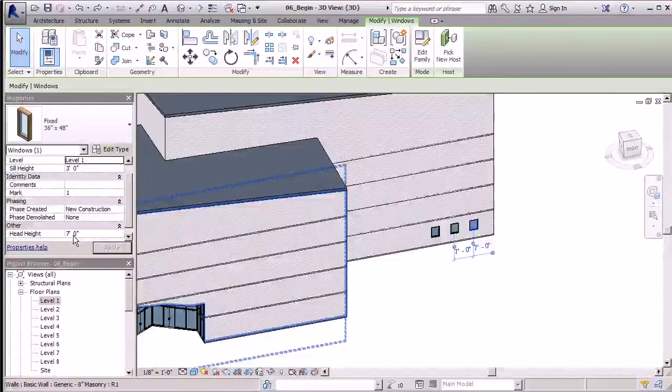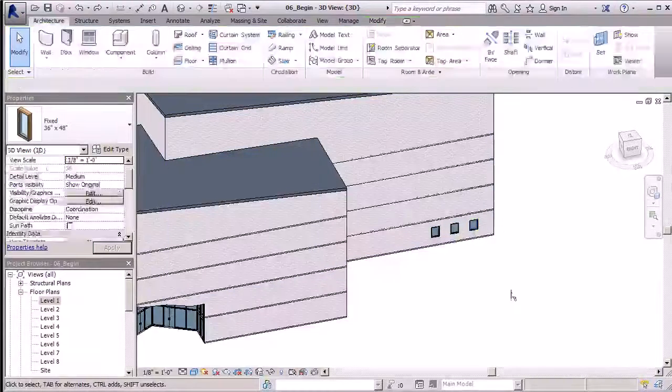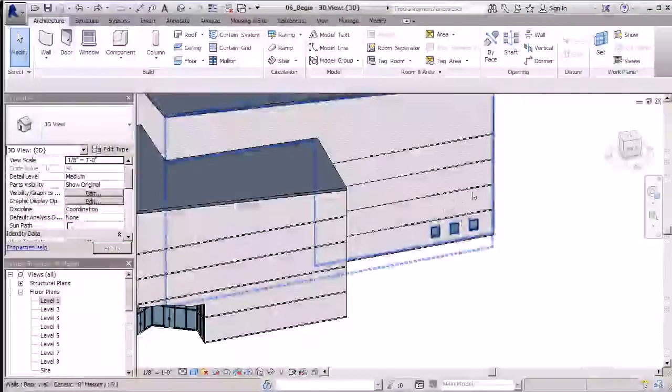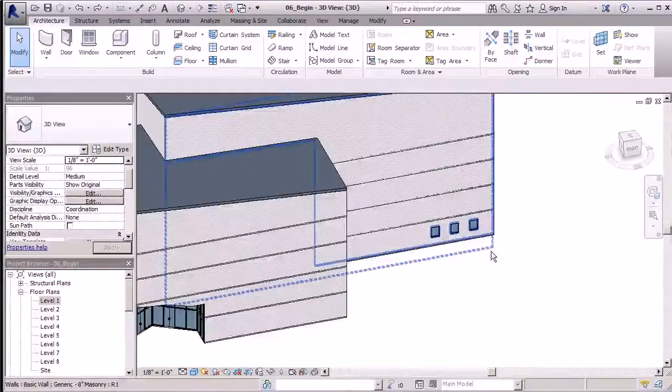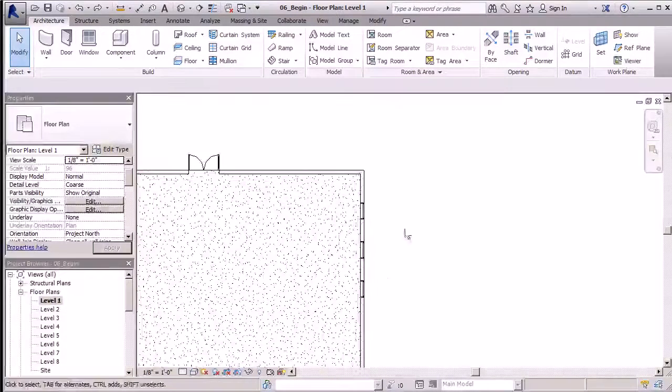And just like when we were adjusting our sill height, we can simply type in a new value, hit apply, and that window will adjust accordingly. So now let's make some more windows, but let's add it to the second floor here. We'll stick around in the plan view, and after we do the second floor, I'll show you how to do it in 3D view. So we'll go to my first floor here, and you can actually see my windows are